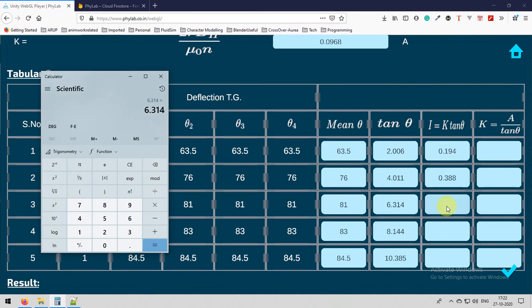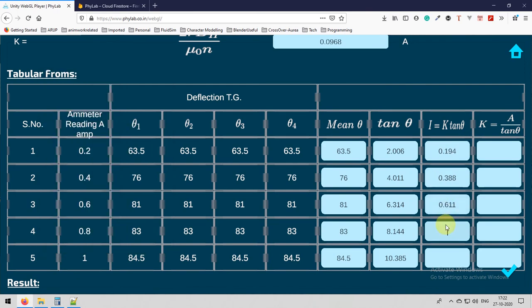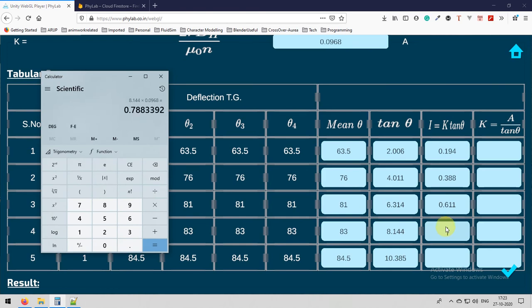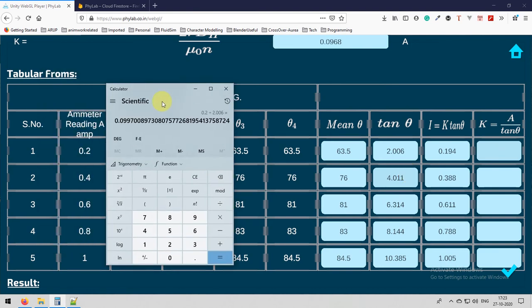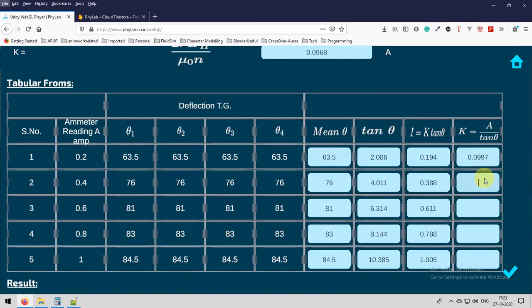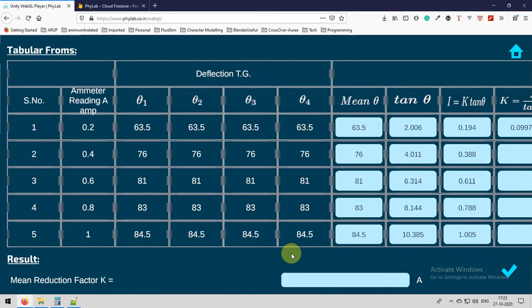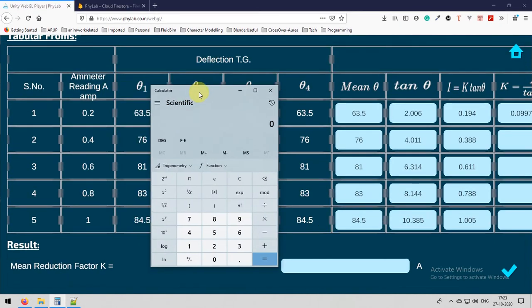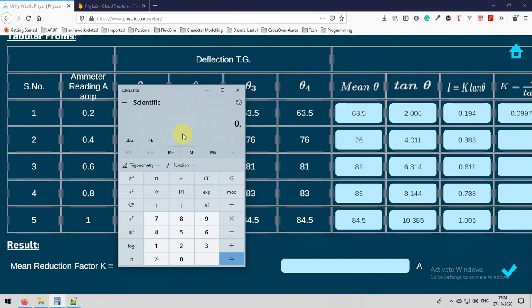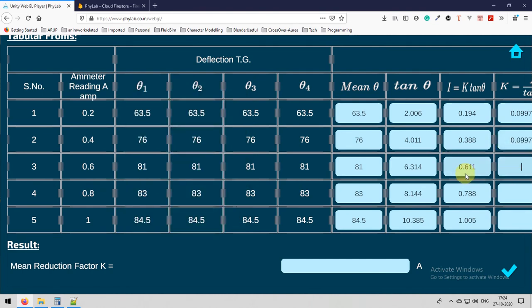The first one is 0.919, which is almost close to 0.2, and the next one is 0.38, then 0.6, then 0.78, then 1.005. These are all almost equal to the actual ammeter readings. Again I need to calculate the K value here. The K value should also be equal to the actual K value which we calculated prior.